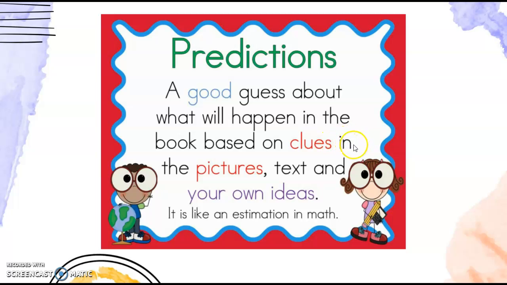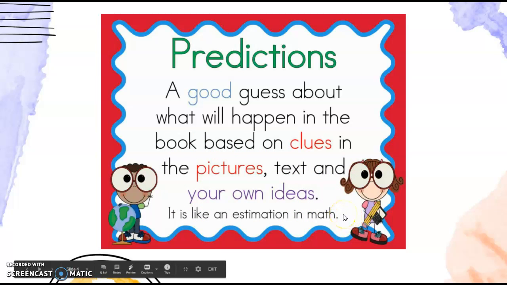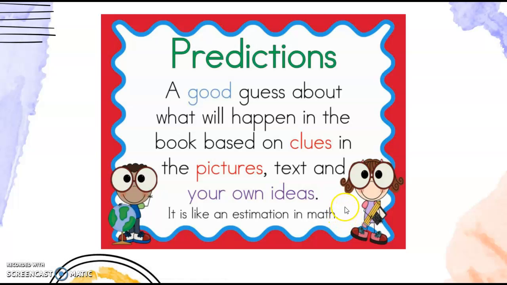So you've probably heard of the word prediction before. And just like this says, it's a guess, which means it's okay if your prediction is not right. It's okay if you make a prediction at the beginning of a book and then you get through and your prediction changes because you find out new information or you learn something new in the book. It's also okay if your prediction is different from your friends because part of making a prediction, like it says right here, is using your own ideas. So we get a lot of ideas for predictions from personal experience, things that we've been through. So that's why your prediction might be a little bit different than someone else's.